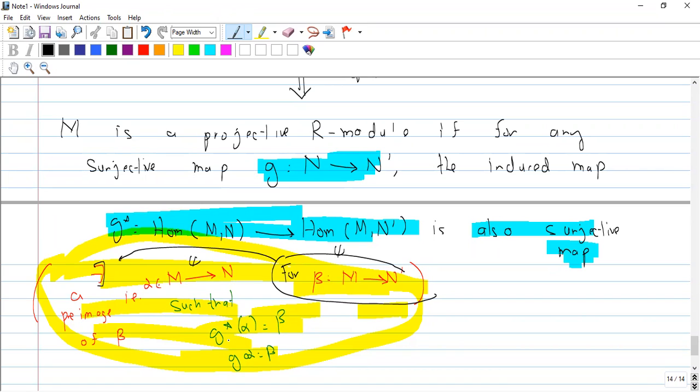That is, as soon as I take the image of alpha, it is equal to beta, so G composition alpha is equal to beta. So using this thing,